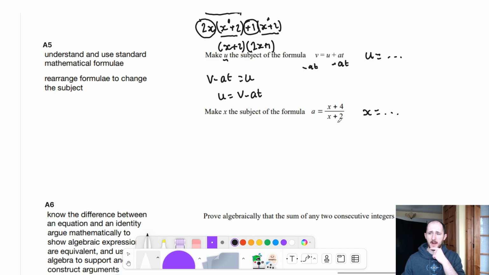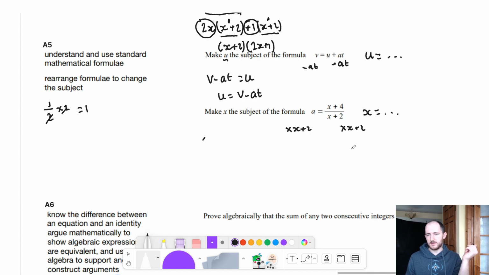So how do I get rid of a fraction? Well, the best way to get rid of a fraction is to times it by its denominator. Okay? So if I times this right-hand side by x plus 2, I'll instantly get rid of the denominator, which means there's no longer a fraction. So for example, if I look at a half, if I times a half by 2, right? Well, it gets rid of the denominator, right? Hopefully that makes sense. So I'm going to times both, and again, whatever I do to one side, I do to the other. So I'm going to times both sides by x plus 2. So that gives me,